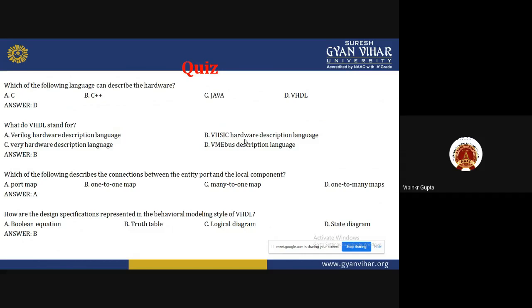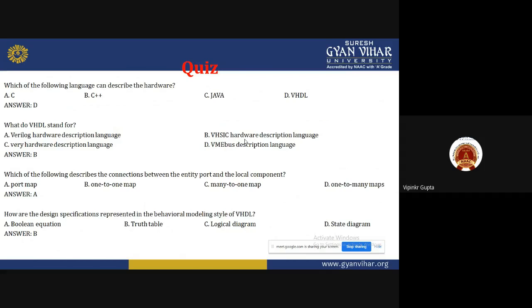VHSIC hardware description language, so it's correct. It is the correct answer, but we are going through the next options also. The C option is very hardware description language, so it's not correct. V does not stand for very. V stands for VHSIC. Next one is BME bus description language. This is also a very good language but also not the correct answer. So B is the correct answer.